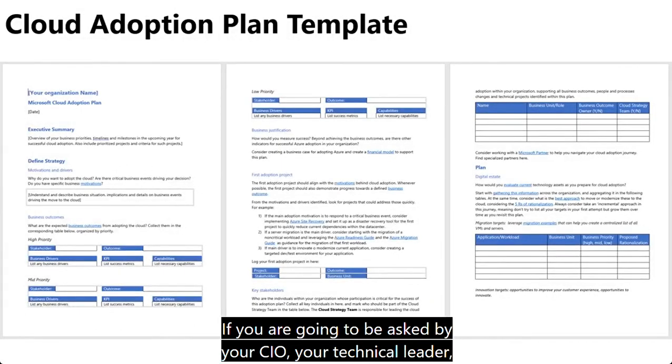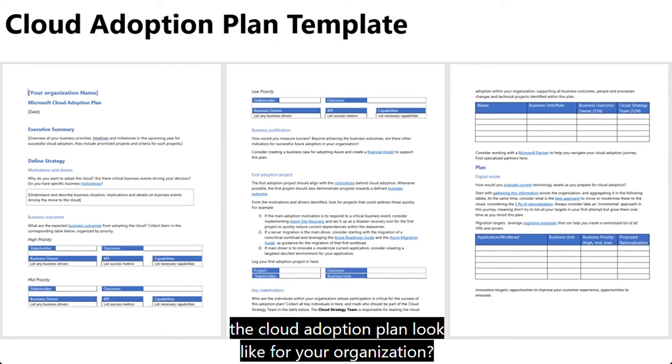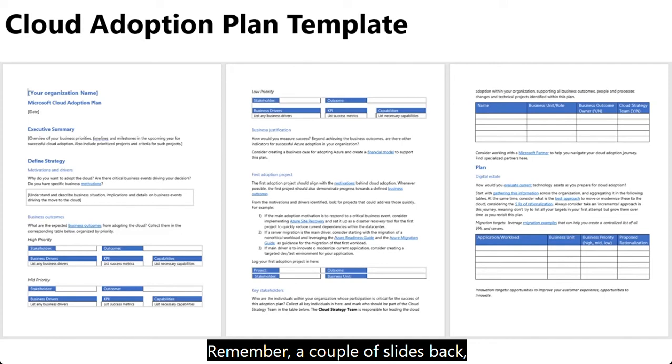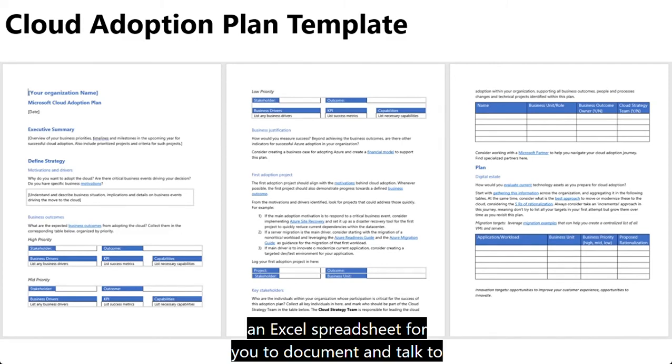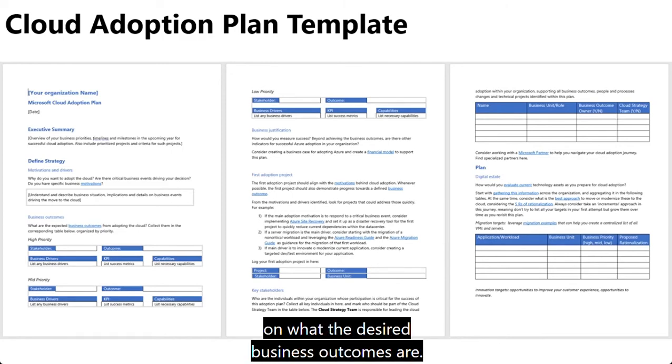So if you are going to be asked by your CIO or your technical leader or your C-level executive, what the cloud adoption plan looks like for your organization, then you can actually use this template, because here is where you can document the strategies, the business outcomes. Remember, a couple of slides back, we used the tool, an Excel spreadsheet, for you to document and talk to your different business leaders on what the desired business outcomes are.